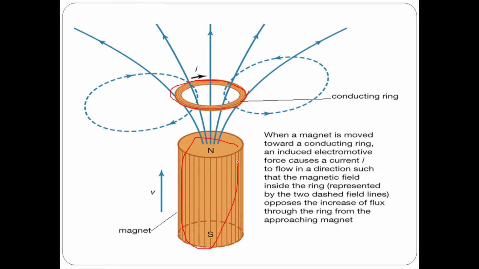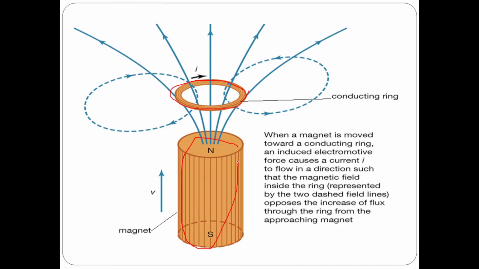So when flux lines are traveling through this ring, if there is a rate of change of flux linking with this coil, then what will happen? EMF will be induced, and since it is forming a closed path, a ring means it is having a closed path, therefore current will flow through this